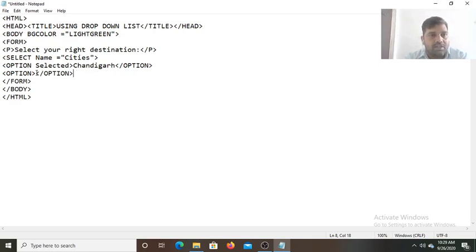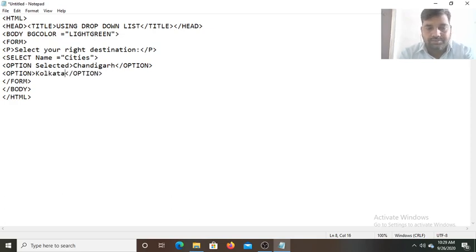After that you can see the second option I have taken. Now in the second option we'll add the name of the second city. So first let me copy it, because we have to write more options. Control plus C. Okay, now it is copied. Now I will provide the name of the second city. Second city name is Kolkata.